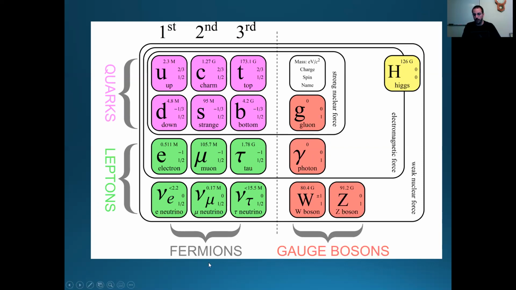Then there's this thing called the neutrino, the W and the Z boson. So these are the things that speak the weak nuclear force. So that's all your radioactive decay. Over here is the gluon, which is the mediator of the strong nuclear force. And then there's this Higgs boson, which is the thing that gives particles their mass. So that's it. That's all particles known to science. Everything else is produced by combinations of these. Now, what's interesting here is there are actually 3 generations of particles. So everything you see here, the up, the down, the electron, and the electron neutrino, these have copies. These particles are identical in every way, except that they're more massive.